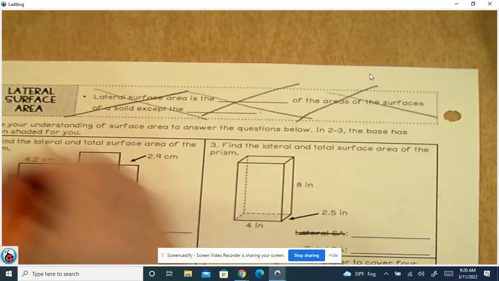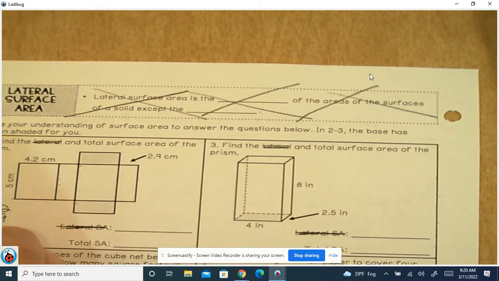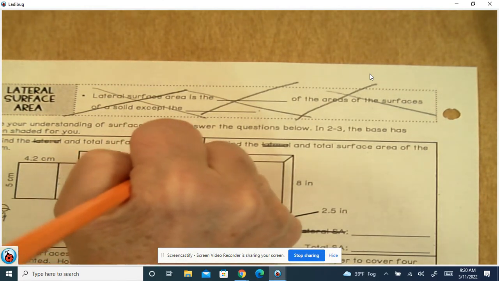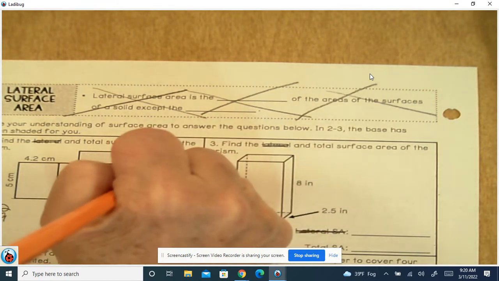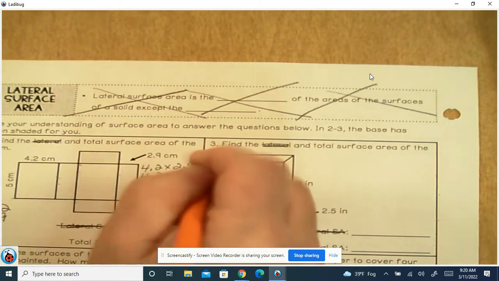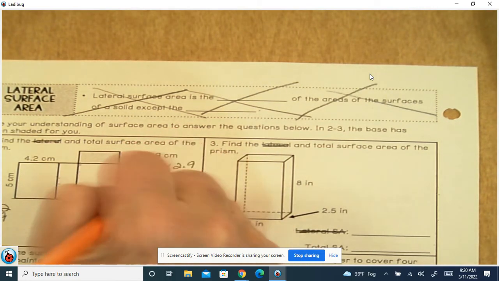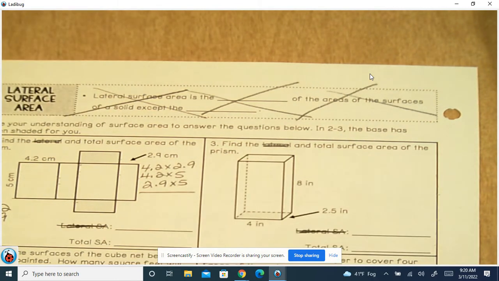All right. Once again, we have 3 numbers. We've got 4.2, 2.9, and 5. So we've got 4.2 times 2.9, 4.2 times 5, 2.9 times 5. And if we multiply those up, we get 4.2 times 2.9 is